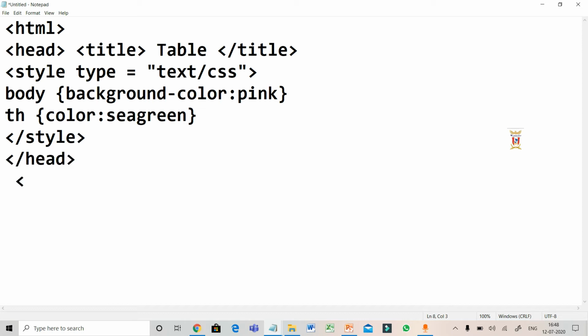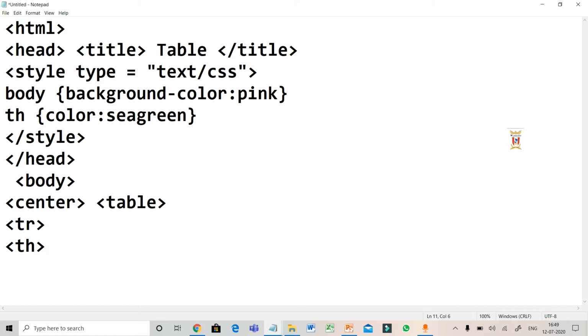Now let's start with the body section. I want my table to be in the center, so I'm using the center tag. Let's start with the table tag. In the table tag, as I have told you, we will be including three tags: th, tr and td. First of all, let's start with the tr tag, which is my first row, and I am giving three columns in it.